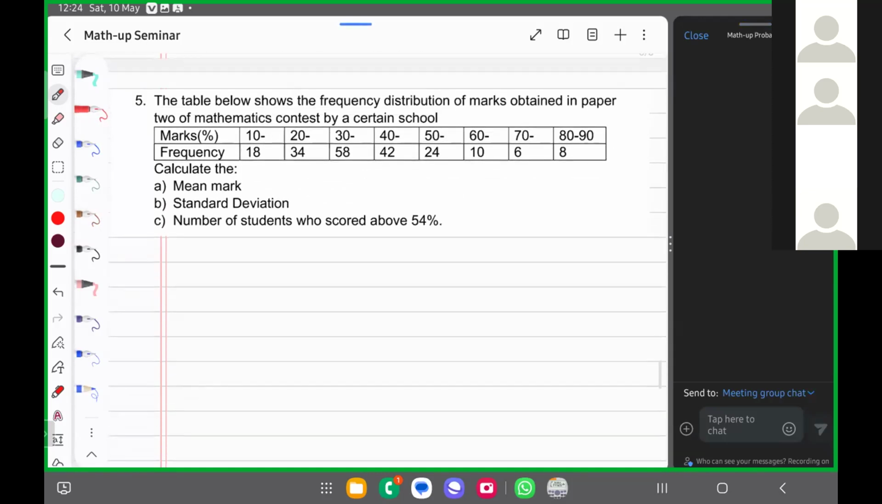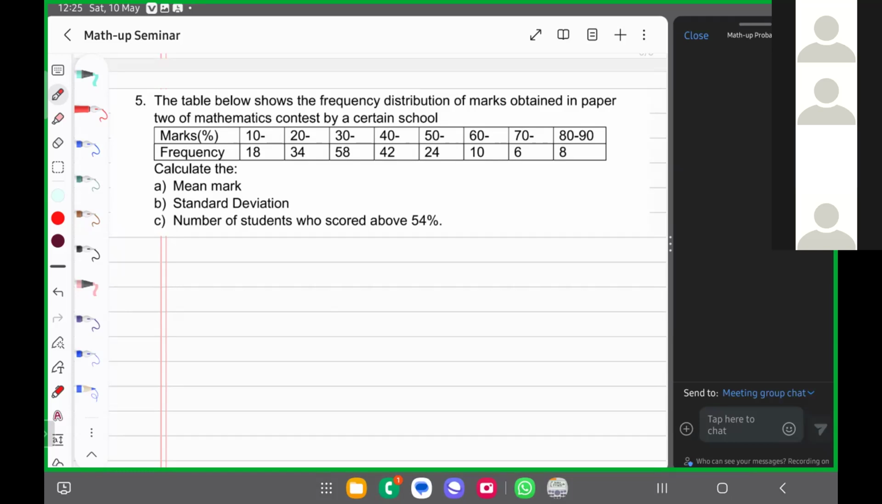Okay, now to answer this question, we are not drawing anything. We are just calculating those central tendency measures, mean, standard deviation, and then the number of students who got above a certain mark. So we shall start by, we know to get the mean, we need to have f of x, we